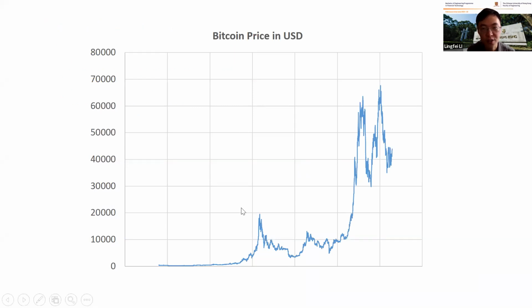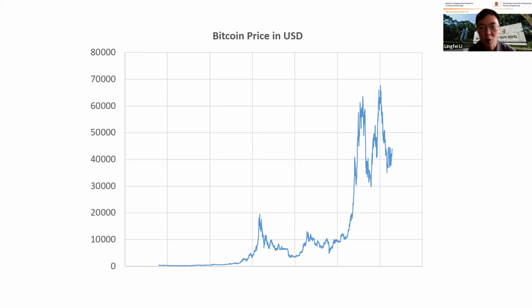So, of course, a lot of people support Bitcoin and other cryptocurrencies. They think they represent the future, and this is also one of the major reasons that the Bitcoin price has gone up a lot in the past 10 years. If you see what happens to money like U.S. dollars in the past 10 years, the U.S. government